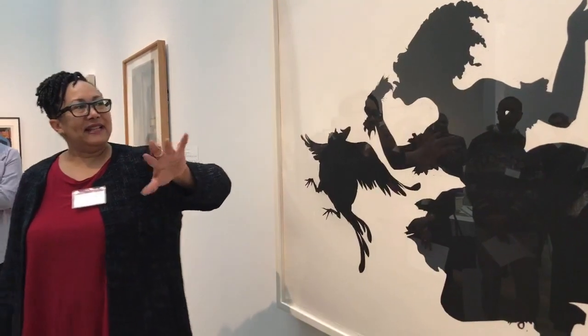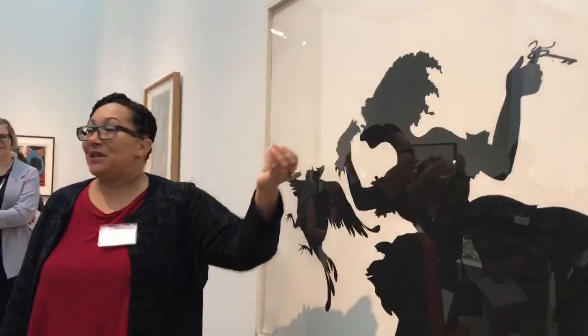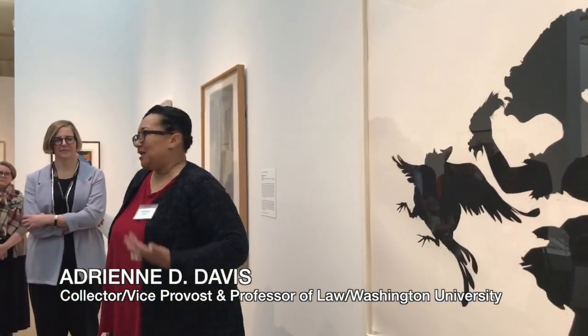That she's doing, and so for a lot of people it's not clear what's happening here. Is she running towards something? Is she running away from something? Is she the victim? Is she the person who's killed the chicken? What are the keys to? Has she stolen the keys? Is she trying to free somebody with the keys? And so a lot of people are uncomfortable with this, because people prefer certainty when we think about race